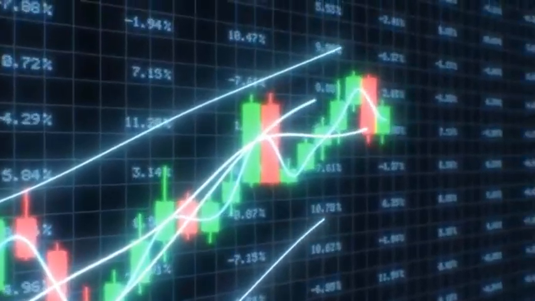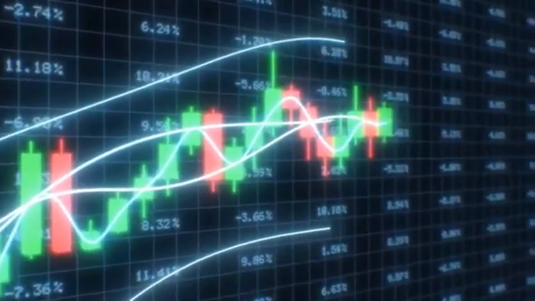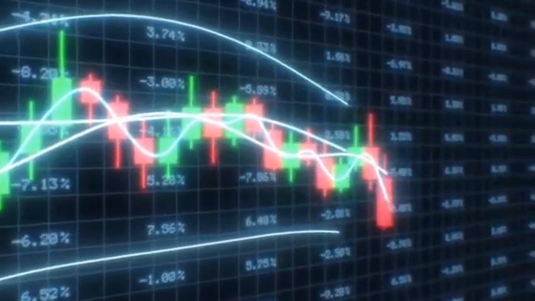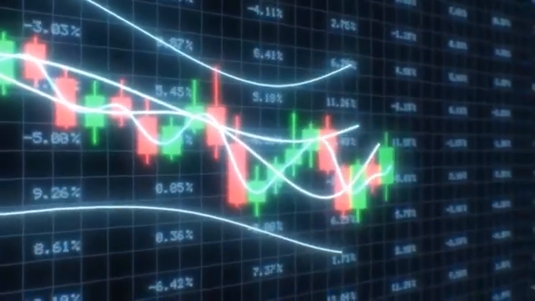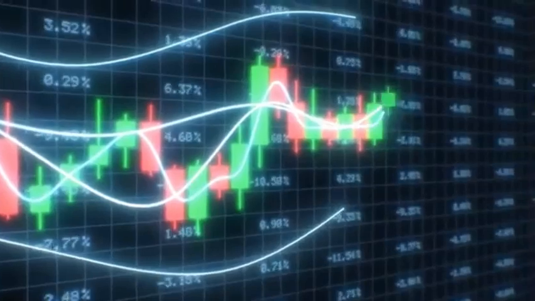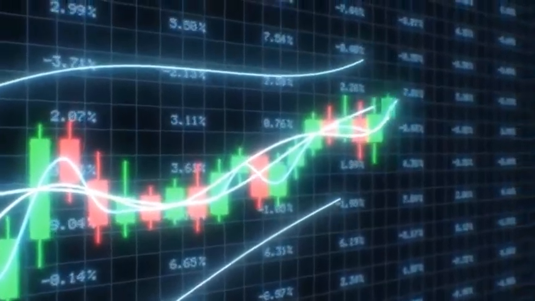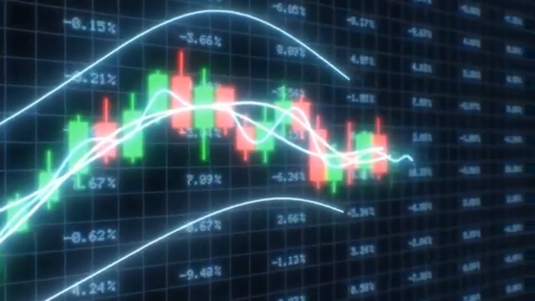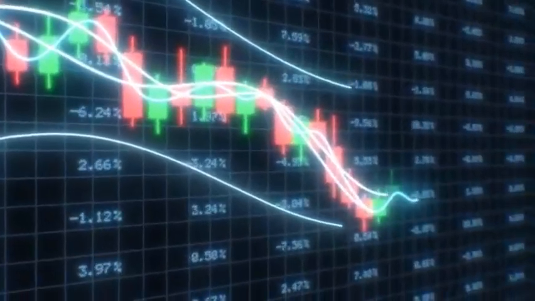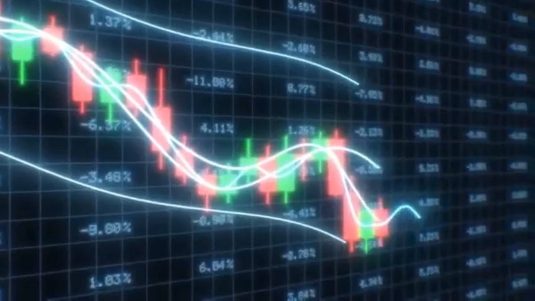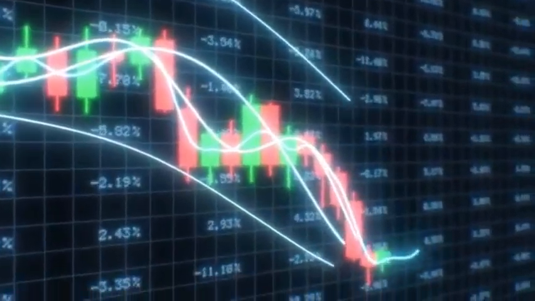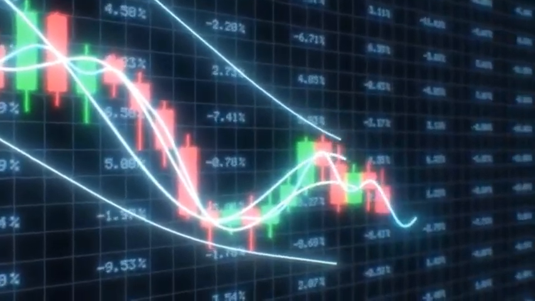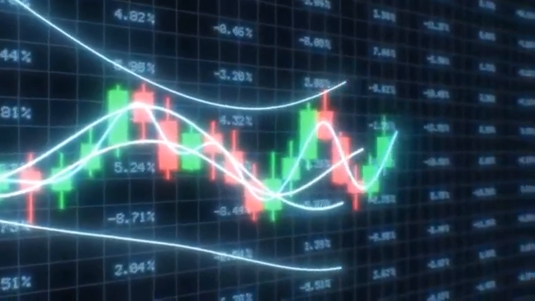Key components of P&F charts. The main components you'll need to understand in point and figure charting are box size. This refers to the price increment that needs to be reached before a new mark, an X for upward movement or an O for downward movement, is plotted. The box size determines how sensitive the chart is to price movement. The larger the box size, the less frequently the chart will update, while a smaller box size will reflect smaller